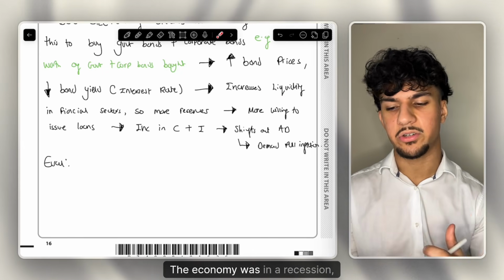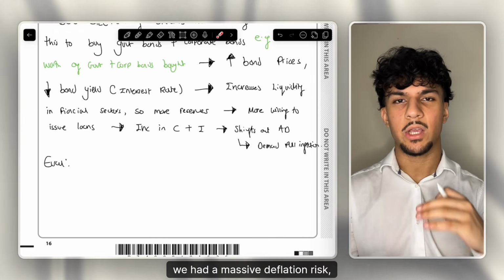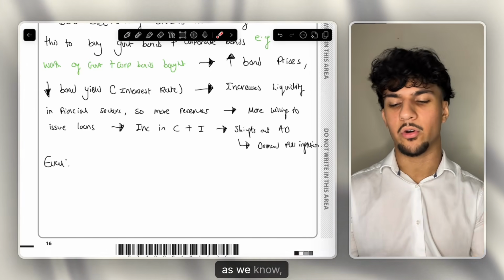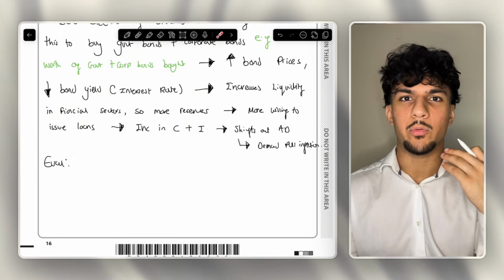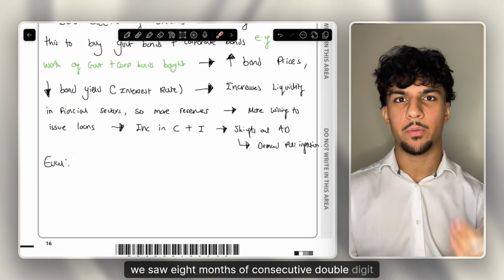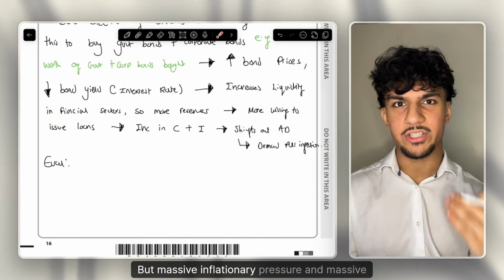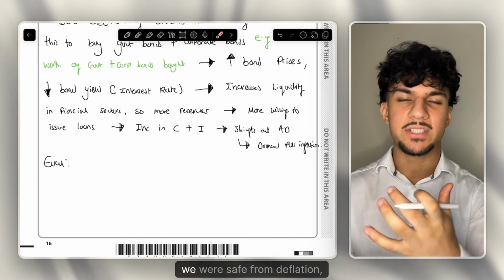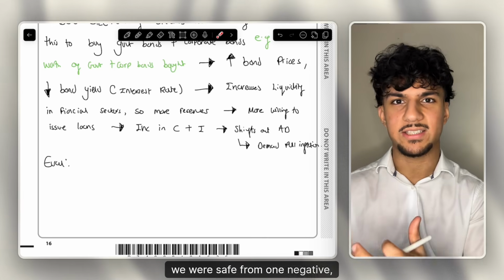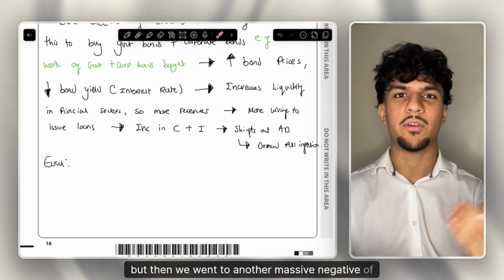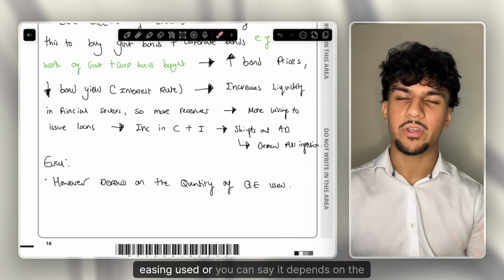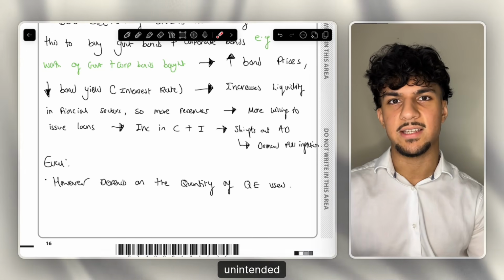Essentially, yes, the economy was in a recession. We had a massive deflation risk, but the government just used way too much quantitative easing, leading to, as we know, a few months later, 8 months of consecutive double-digit inflation with massive inflationary pressures and massive inflationary risks. Yes, we were safe from deflation. We were safe from one negative, but then we went to another massive negative of really high inflation. So it depends on the quantity of quantitative easing used, or you can say it depends on the unintended effects